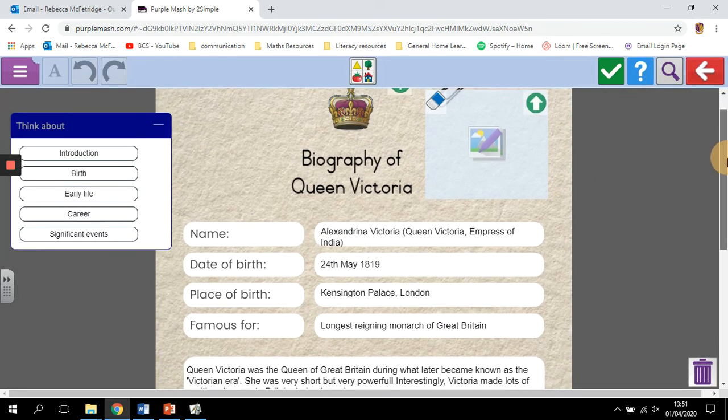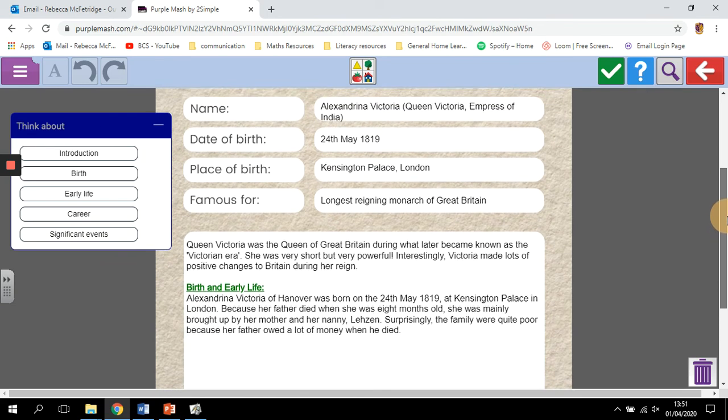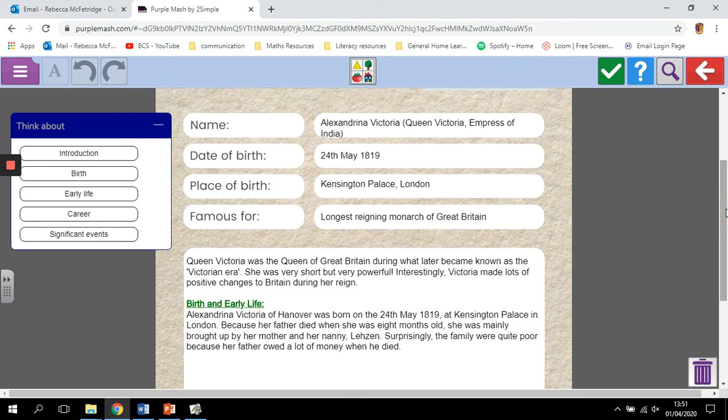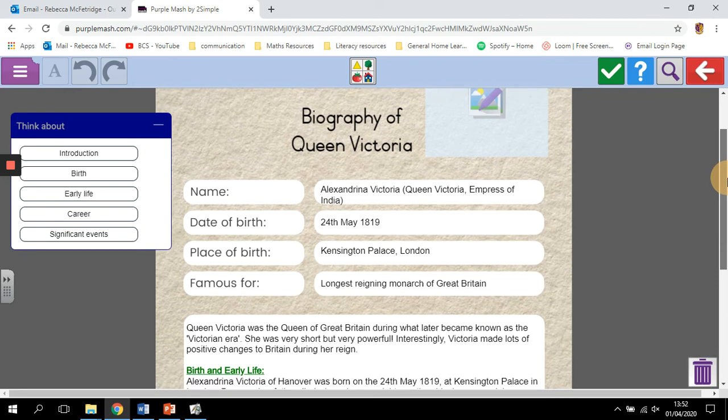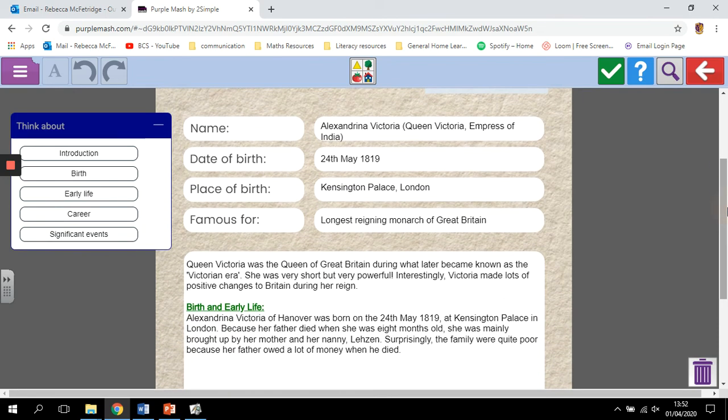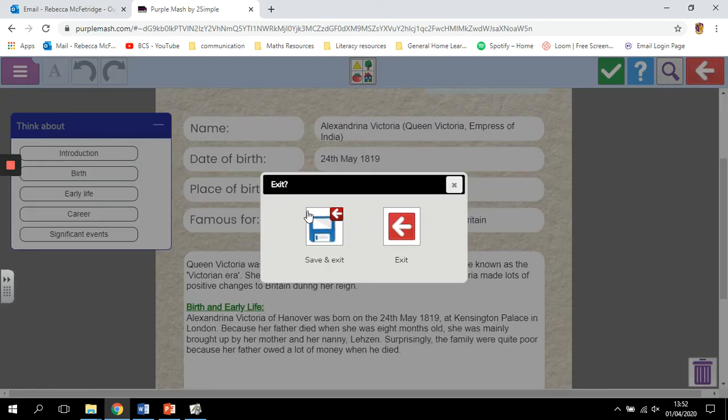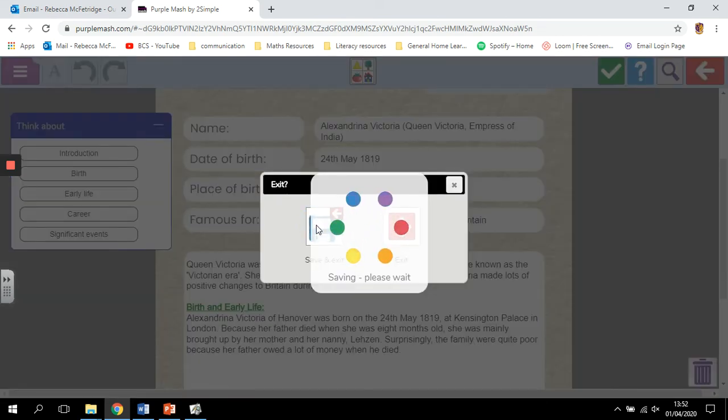Okay, so I would like you to have a go at your biography writing. You can maybe leave this on the screen as an example if you'd like to. Okay, and I'll share it onto the blog as well. Why not share yours onto the blog when you are happy with it and you have saved it? Okay, so if I want to say that I have finished, we'll save and exit